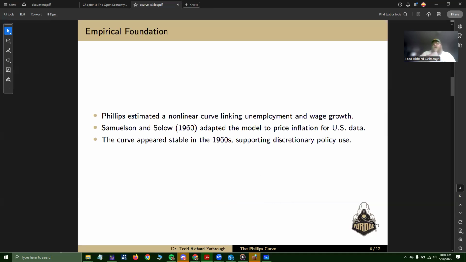That's because after a lot of success of the Phillips curve in the early 1960s, all the way through to the last 25% of the 1960s, so like 1967 on,